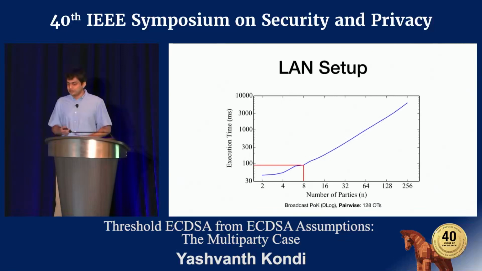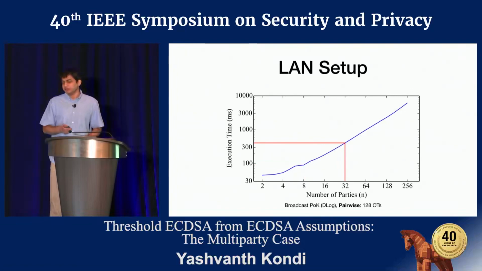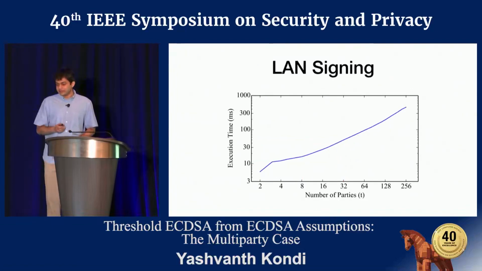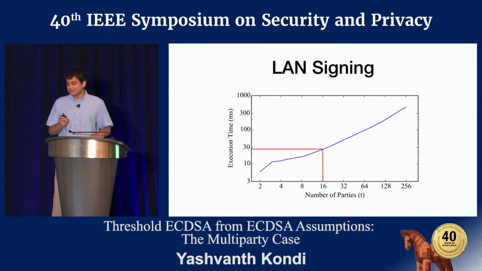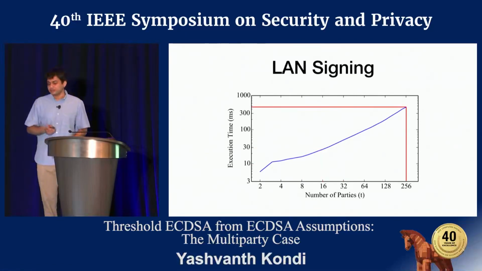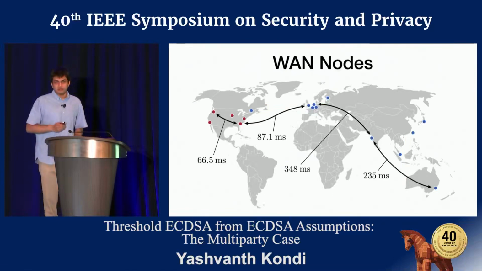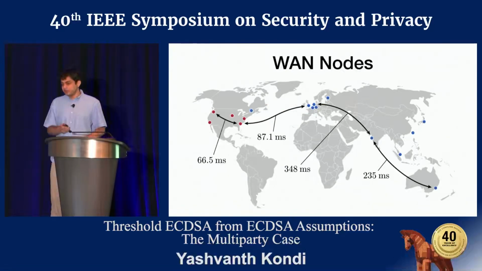Right, so setup costs under 100 milliseconds for up to 8 parties and under half a second for 32 in the LAN setting. And signing costs under 30 milliseconds for 16 parties, and at the extreme end, under half a second for 256 parties. So our WAN benchmarks were run with nodes around the world, with the heaviest link being